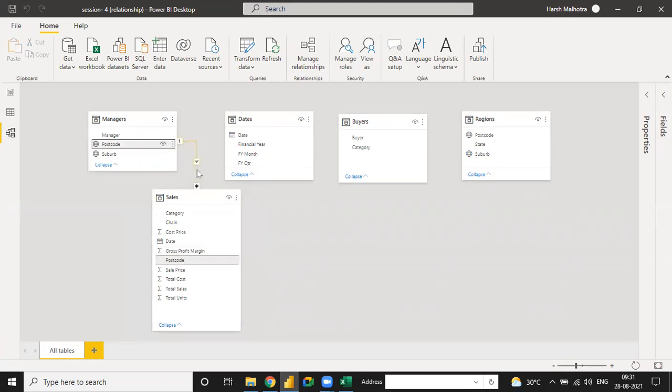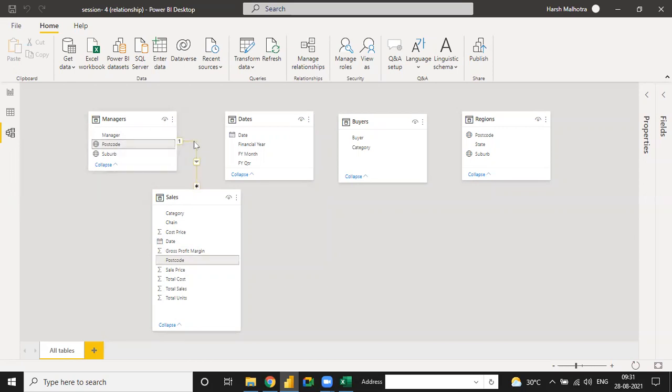Okay. See, the relationship is connected one to many, which means under the manager table we have a postcode for one time only, a unique value. But under the sales table, we have a postcode used as well as the number of transactions. Suppose we make one transaction in Germany in the morning, one transaction in Germany in the evening, and one transaction in Germany next day, then next day, then next day. Then there is a high number of transactions in the sales table. But in the manager table, we have only just one transaction. Postcode in Germany is one.